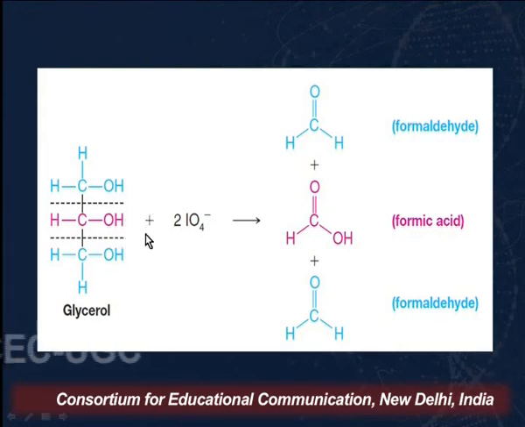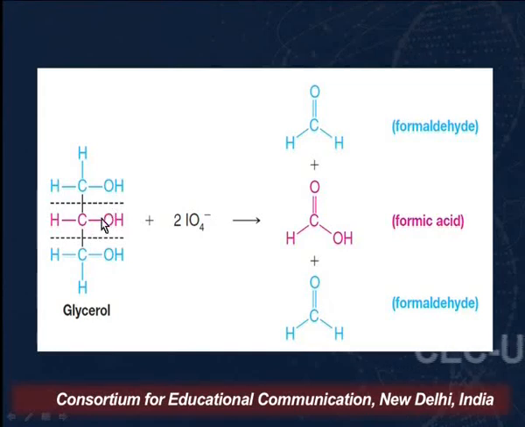fragments. Now when we've got three fragments, we know that if it is a primary hydroxyl group like this, it will be converted into formaldehyde. If it is a secondary alcoholic group, it will be converted into acid, and if it is again a primary alcoholic group, it will be converted into an aldehyde, that is formaldehyde. That means what you have to remember is that this will undergo one oxidation, that is, I will add an OH here. So if one carbon is attached to this OH, and now we know if two OH are attached to the same carbon, it will be unstable and a water molecule will be eliminated, we will get formaldehyde.